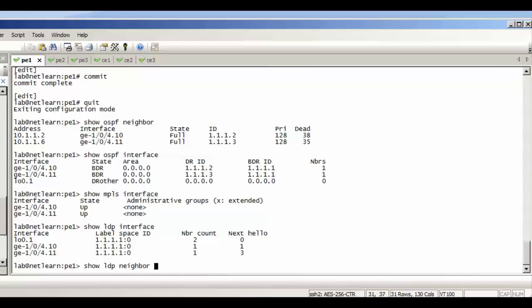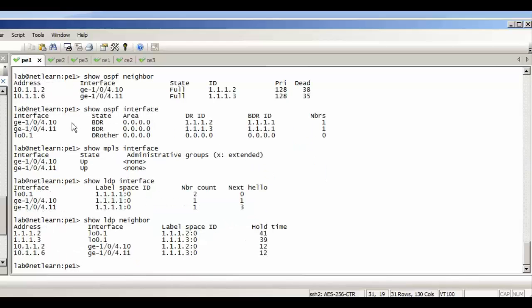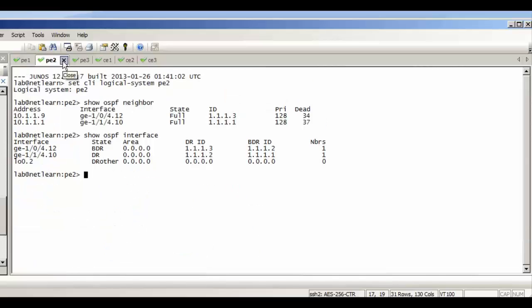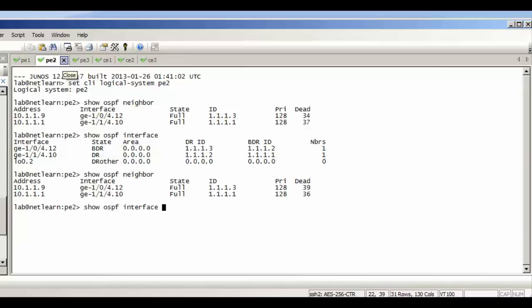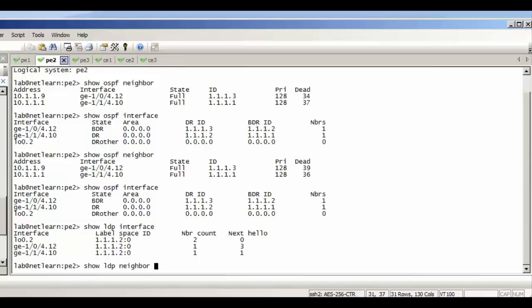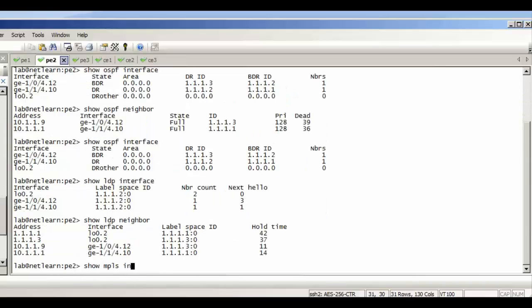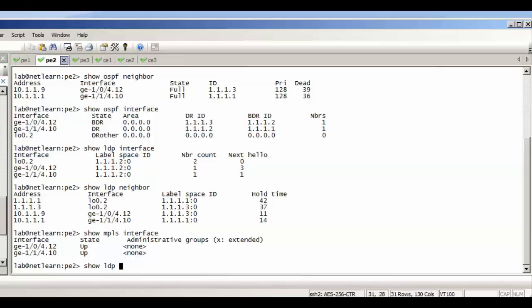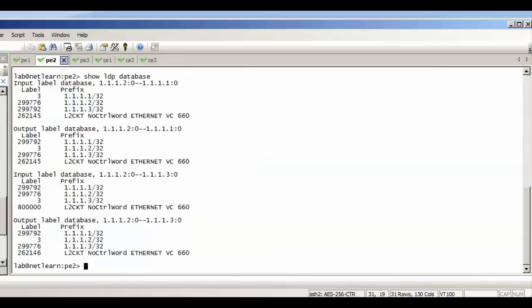Show LDP neighbor. Okay, let's check in the PE2. Show OSPF neighbor. Show OSPF interface. Okay, up also. Show LDP interface. Show LDP neighbor. Show MPLS interface. Show LDP database. Let's check the database.